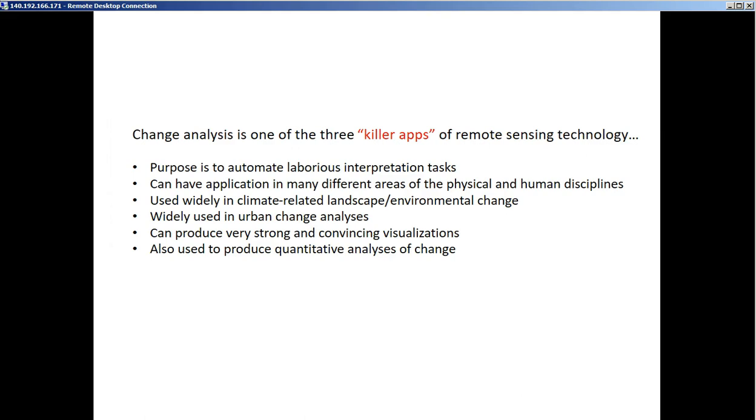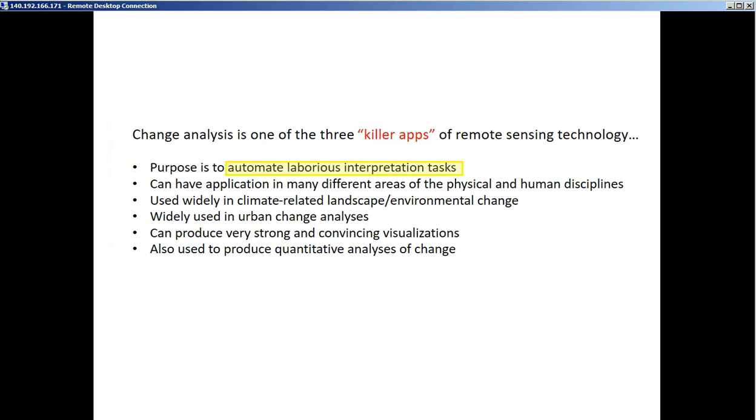Probably not a great term to use, but it is in common use, and it's killer in a good way, right? It kills problems. It solves problems. And so the main purpose for change analysis is to automate really laborious tasks, but there's lots